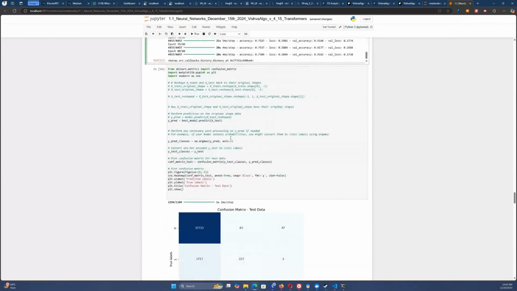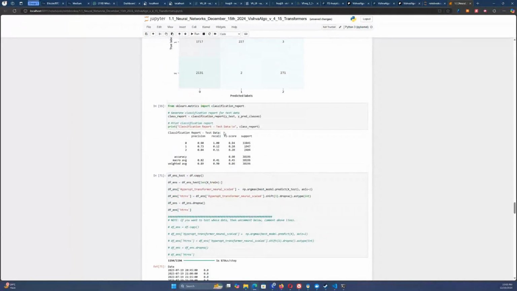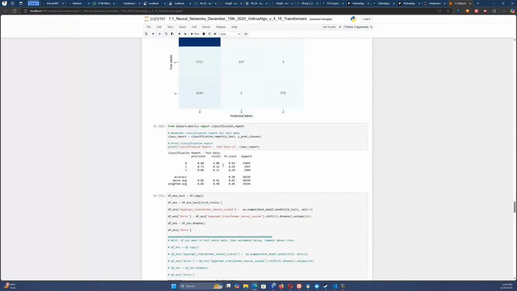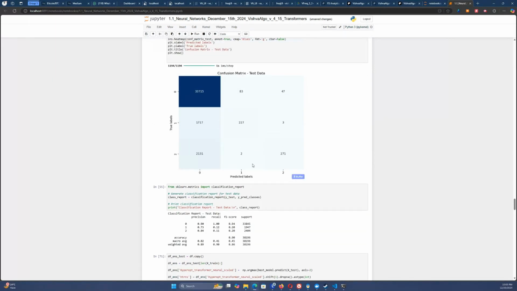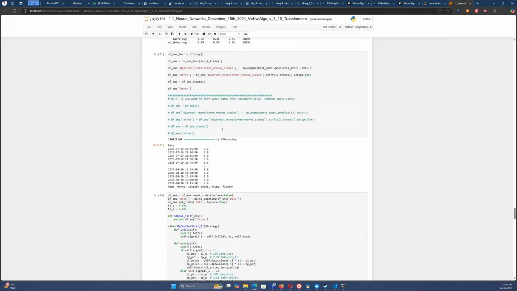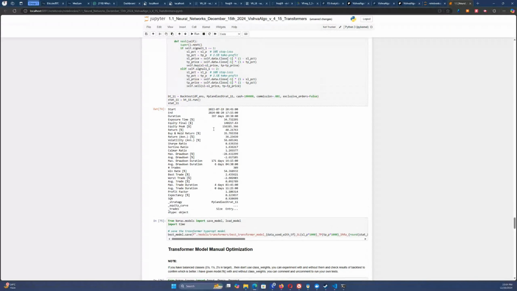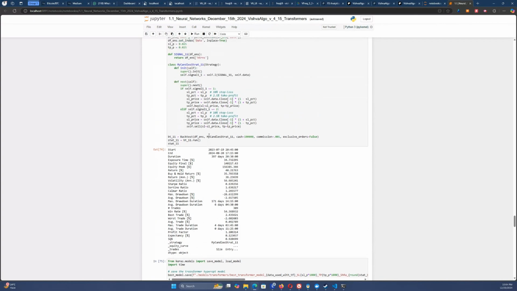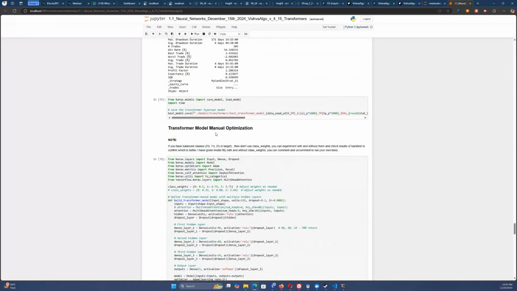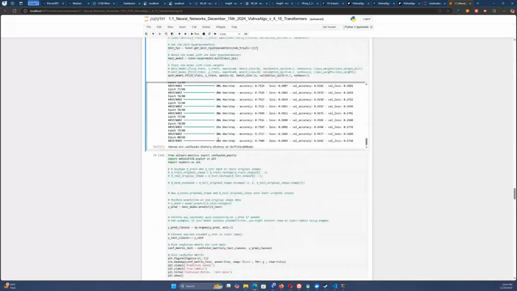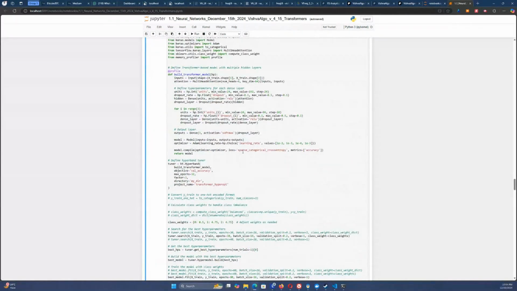Okay, so after that we do the confusion matrix, and then we understand the recall and the precision, like how good the model is. Based on that we do some back testing and we get some results. If you are satisfied with that result, you can save the model. This is the cell for saving the model. This is for hyper optimization. If you don't want to do this manually, hyper optimization will automatically search for the best params and